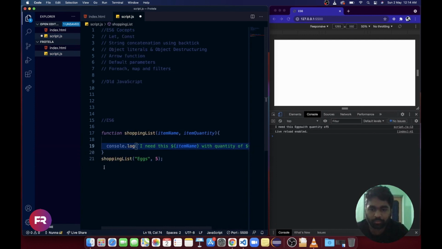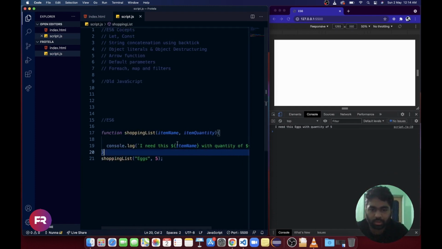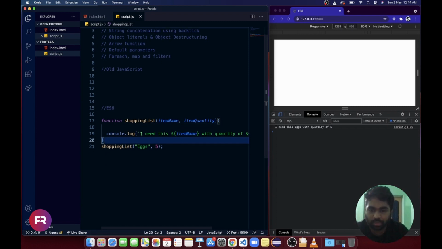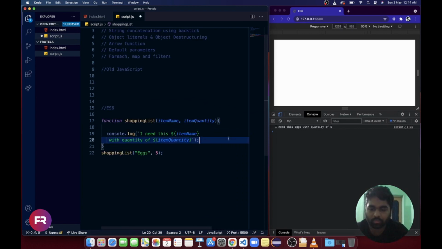Now if I save here, you can see we got spaces wherever we want. It's simple. Rather than using those, we can use backticks. We can also write this on the next line, so it depends on how we are writing.